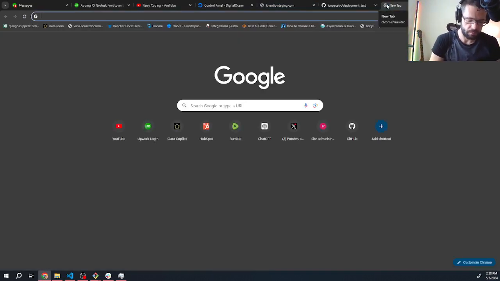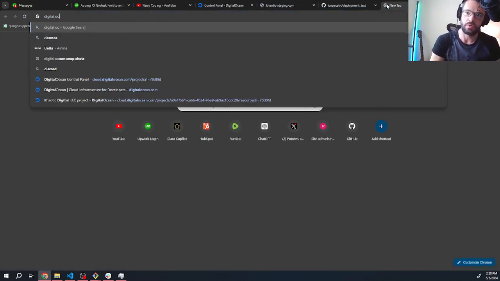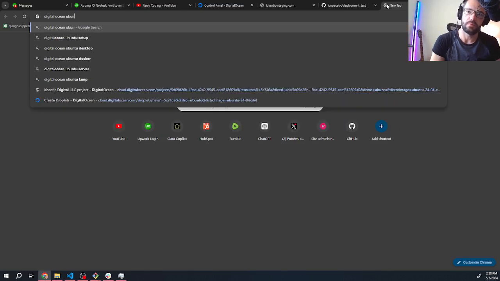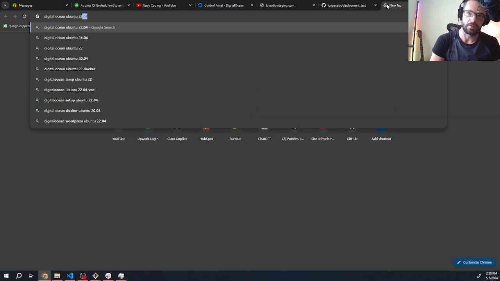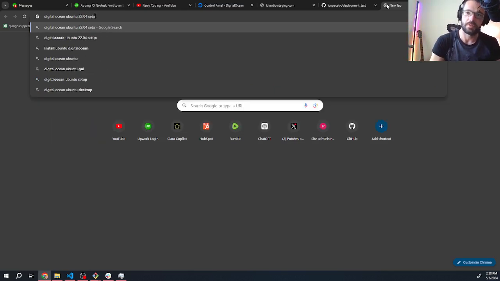The easiest way to get started here is to literally Google DigitalOcean Ubuntu. What are we using? 22.04? Setup, I believe, is